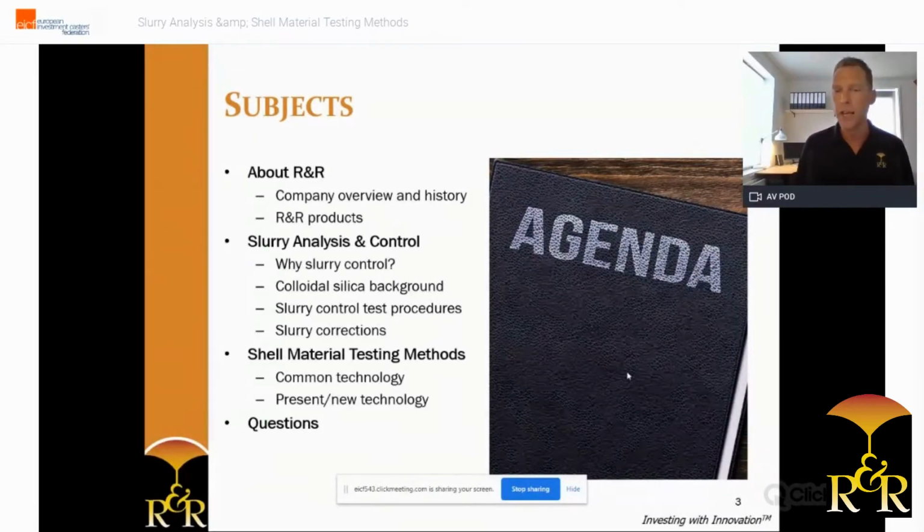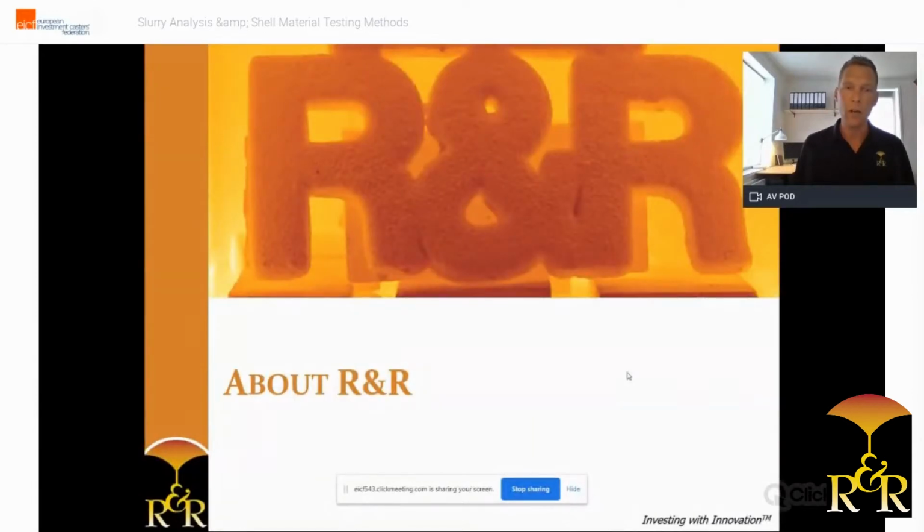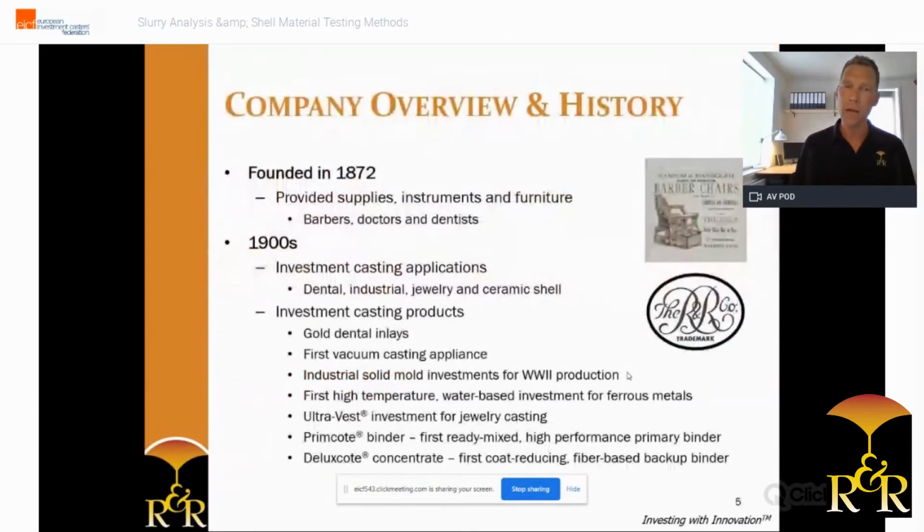At the end of the presentation, I will explain what shell material test methods are nowadays available and how these can help you to improve shell-related issues. I hope to cover this all within the set 45 minutes, but at the end there will be time for questions if needed. So regarding R&R, we were originally founded in 1872,